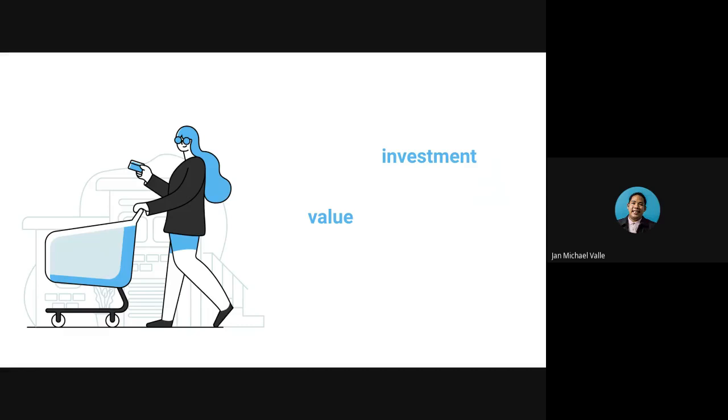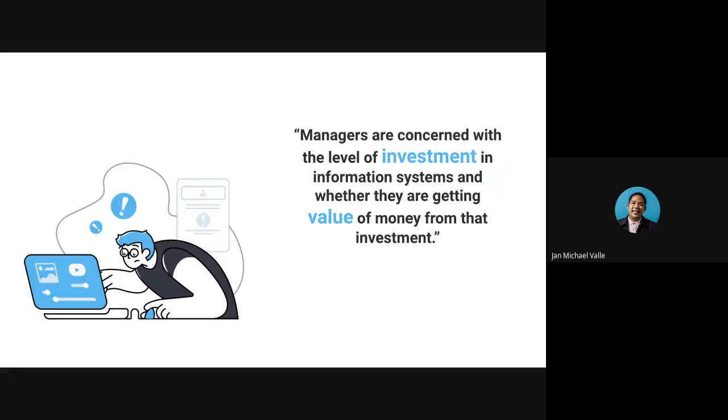So that's initially what's happening in the companies now, and we're looking at mainly two things, investment and value. Our managers, or even us if we are already at that level, are concerned with the level of investment in the information systems, information system value versus really evaluating the investment. Are we getting enough value